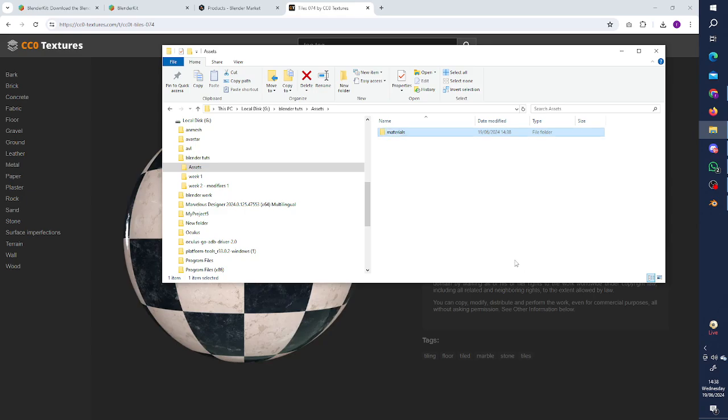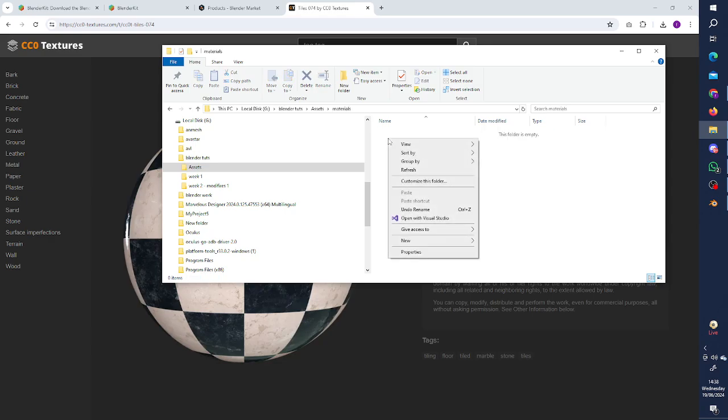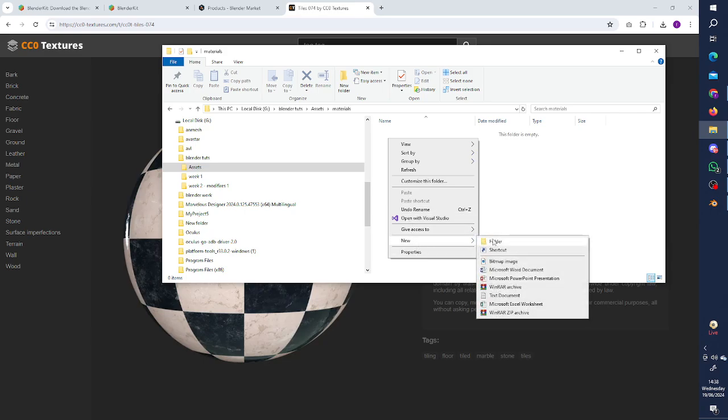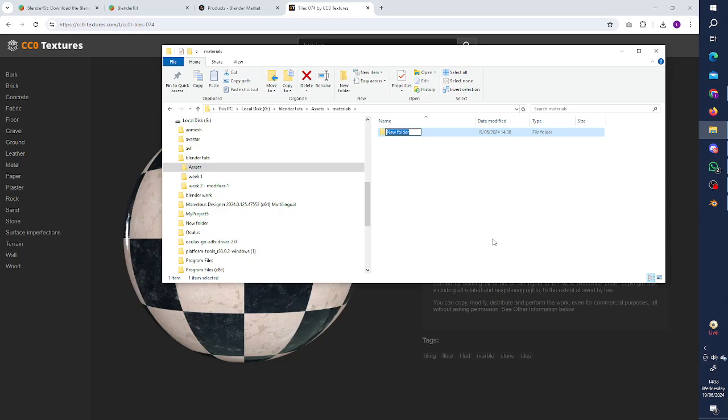Inside the materials folder, weirdly enough, I'm going to make another folder, again to keep myself organized. I'm going to call it CC zeros, because that will tell me anything in that folder I've got full rights to,